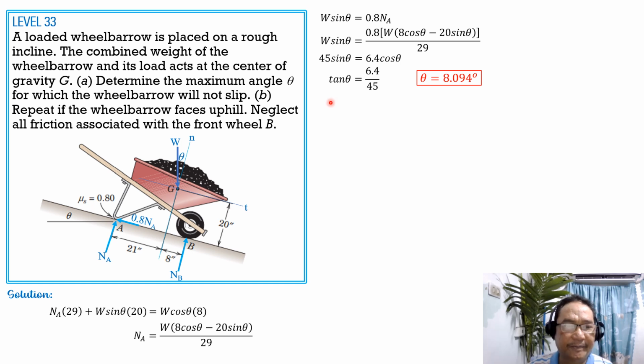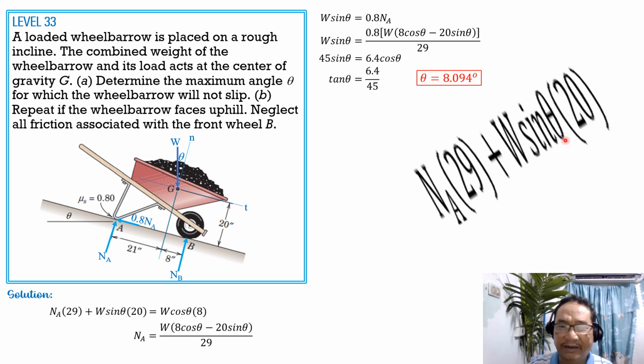Now for part B, the wheelbarrow faces uphill. So this is the free body diagram, and we have superimposed the normal and the tangential axis. Then we have normal at A, friction at A, 0.8 of NA this time, and it is up to the right because the wheel tends to slide down. Then normal reaction at B, and of course the weight, which makes an angle of theta with the